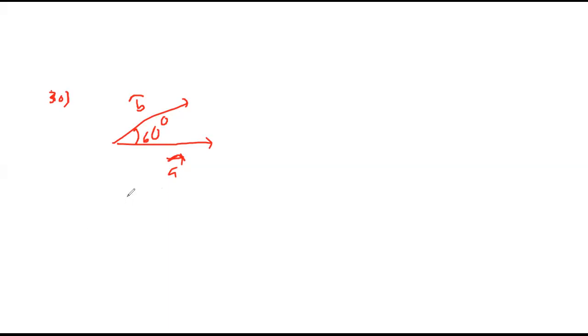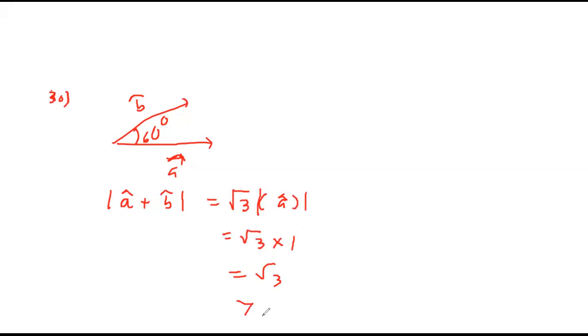The magnitude of A cap plus B cap will be √3 times any one vector's magnitude. Yes, sir, because we have done this theory: two vectors are equal, result is √3 times if inclined by 60 degrees. So this is √3, and the magnitude of A cap is 1, so the sum equals √3, which is greater than 1. Check, do we have this option? Sum is greater than 1. It is option A. That is the required answer.